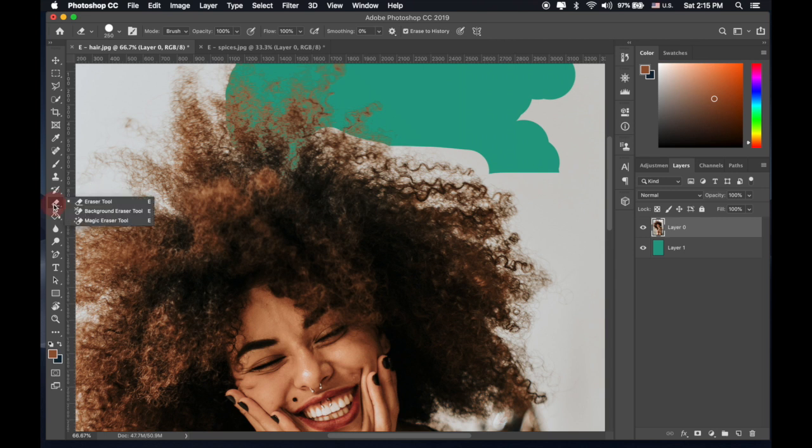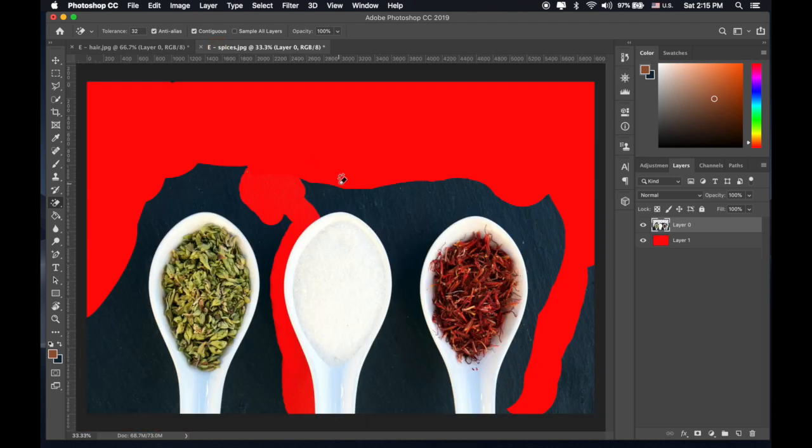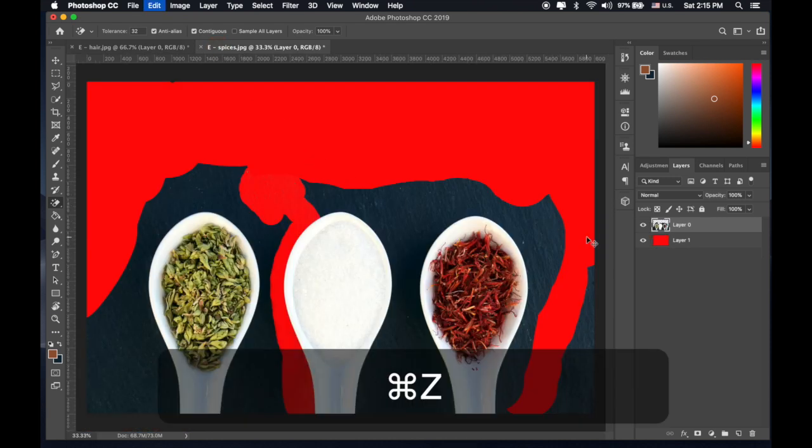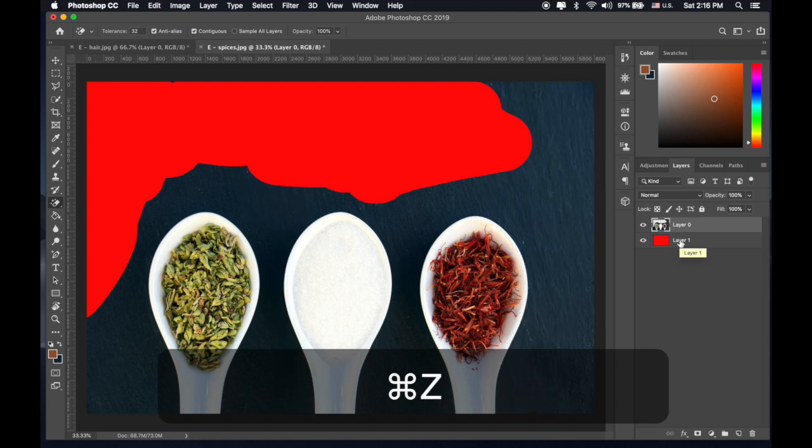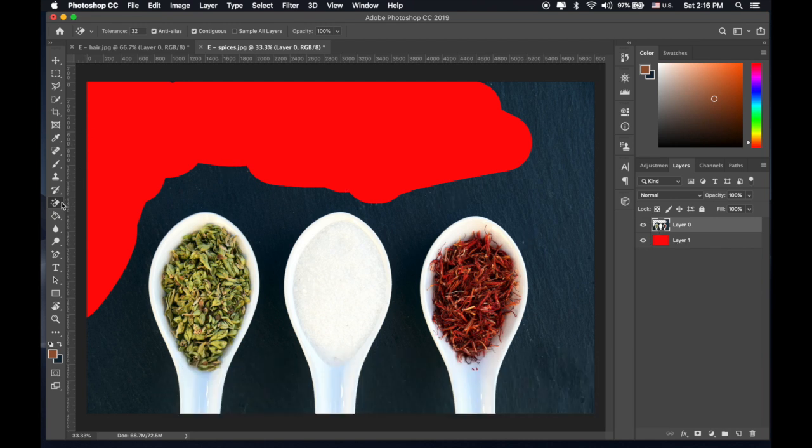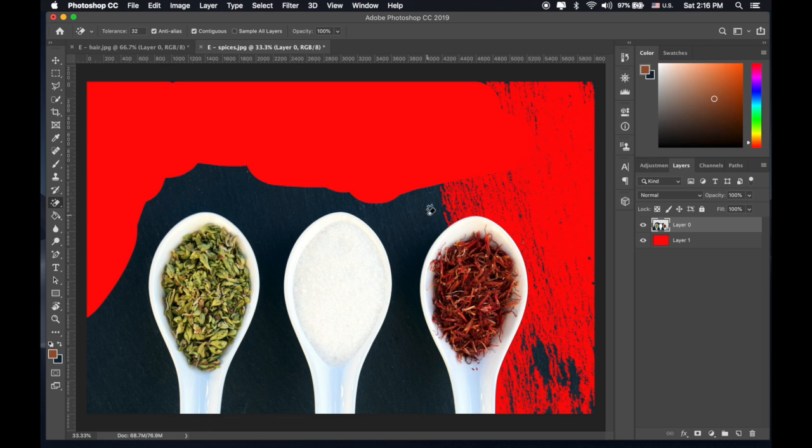Oh, the last one here, the magic eraser tool, I would highly suggest not using this one, and I'll show you why. Let me go back to, I guess this is okay. Let me show you what this tool does. This tool works just like the magic wand tool, but it will automatically erase. So just think of the magic wand, right? All this is doing is, wherever I click, it's going to guess, and it's just going to delete it,